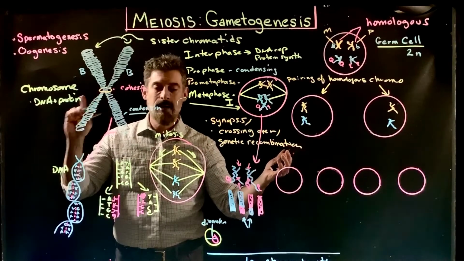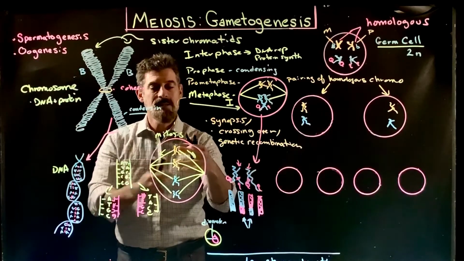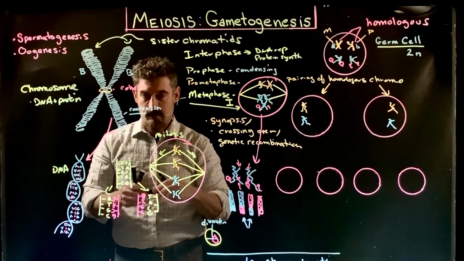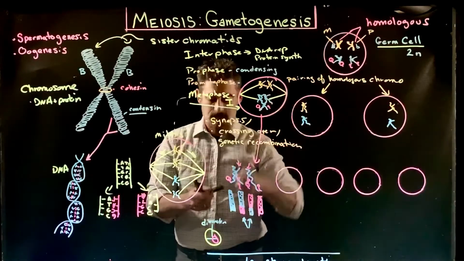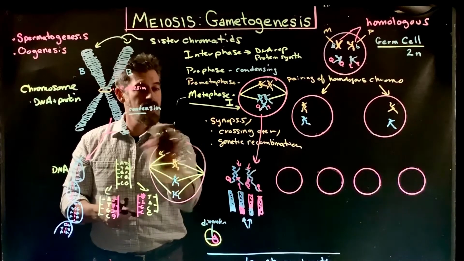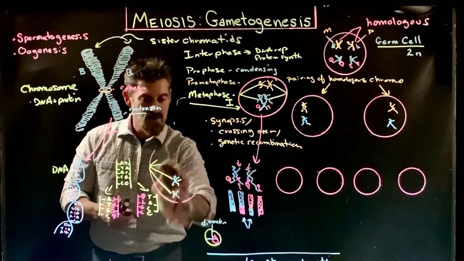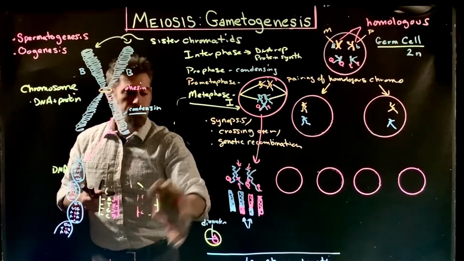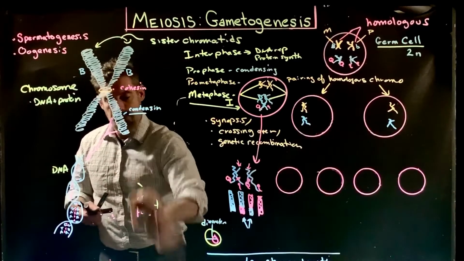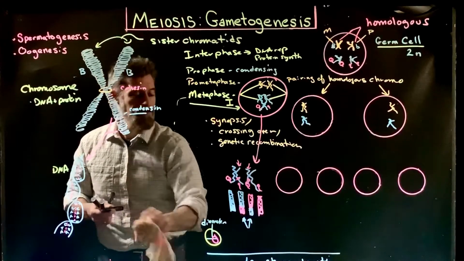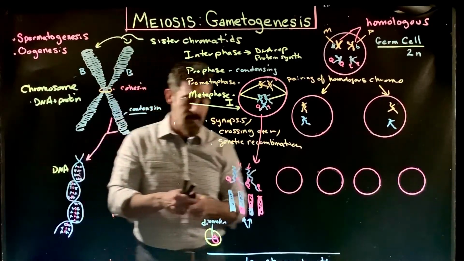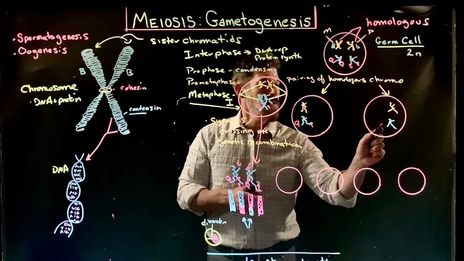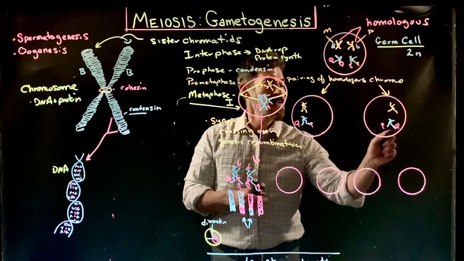This does not happen in mitosis. Mitosis doesn't see crossing over because these never pair up. Right at the beginning in metaphase, they're separate from one another. In meiosis, they pair up like this, so you then get the crossing over occurring, and then you get the shuffling of genes, and you get new, different variations. So that will happen, and that's one of the most important things about the whole process of meiosis. The other thing that's important is